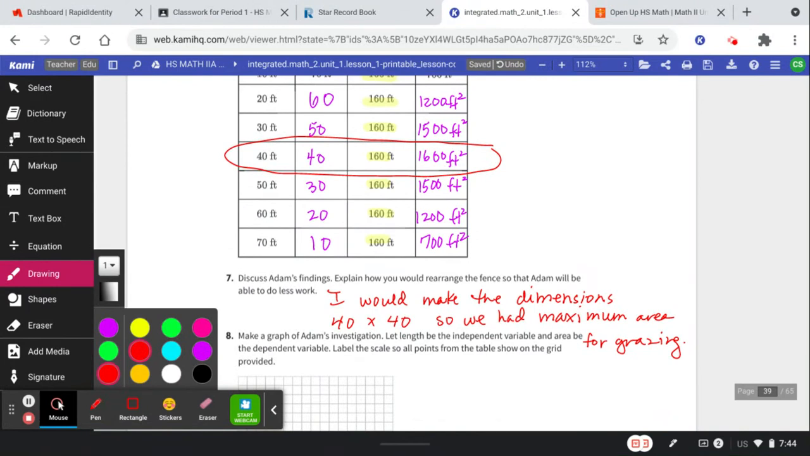Make a graph of Adam's investigation. Let the length be the independent variable and area be the dependent variable. So we're really going